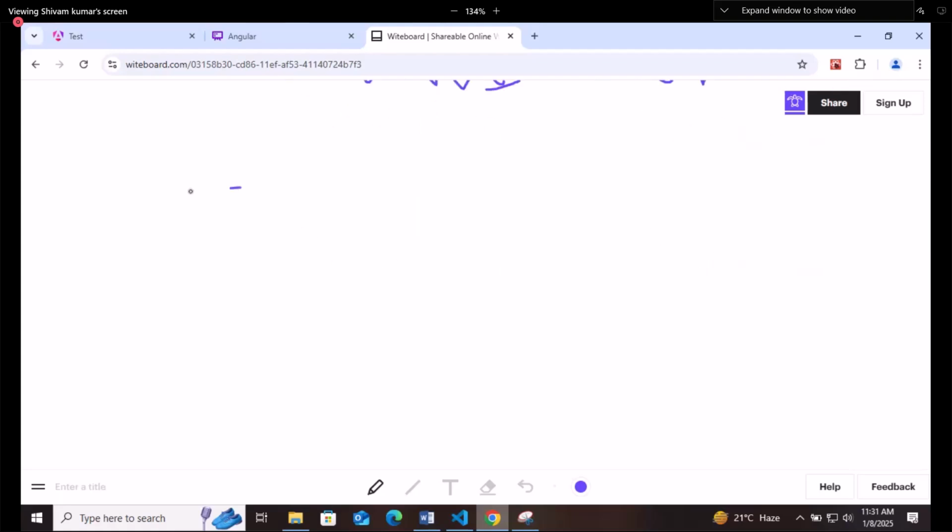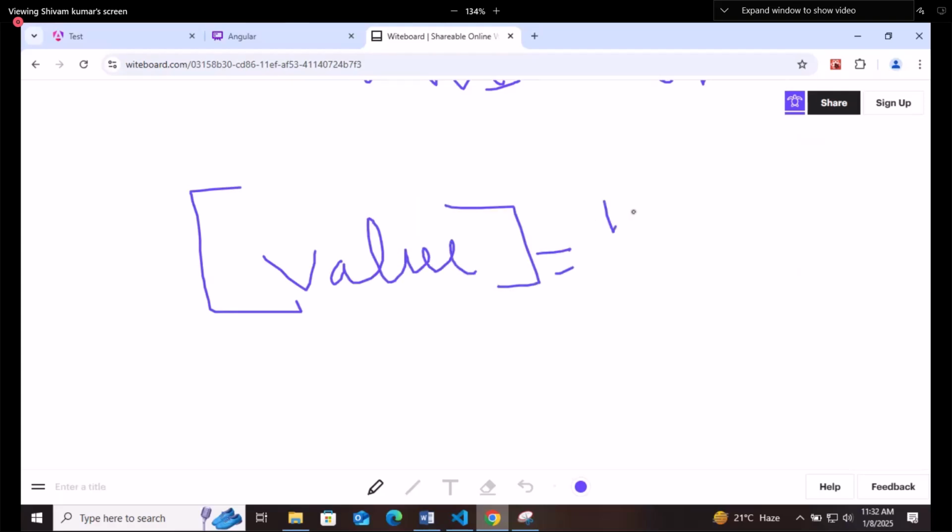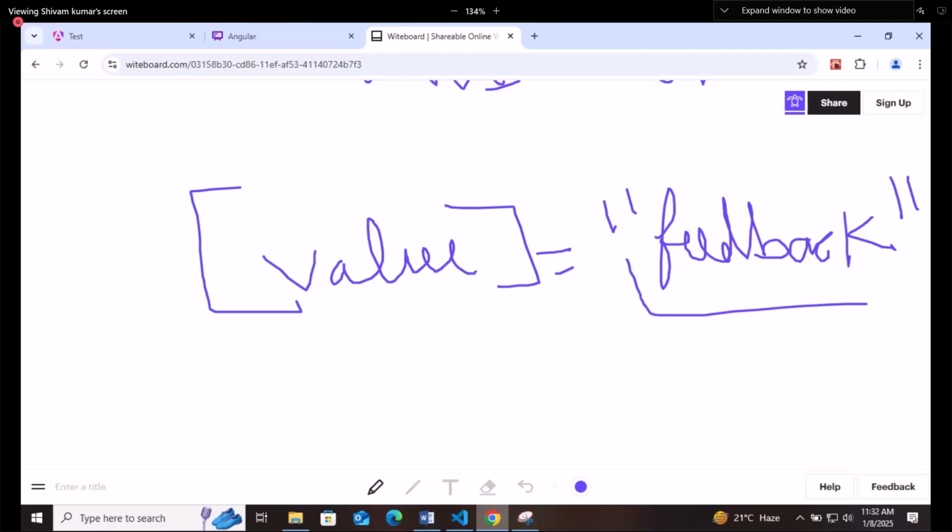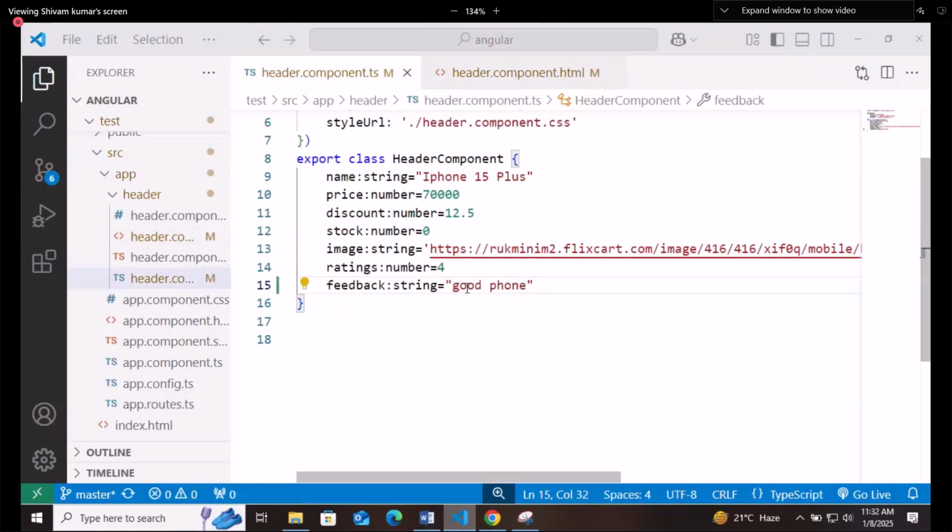But if you are saying value equals to feedback, now you are trying to say to Angular that you can find the value in the component file. There will be one parameter as feedback. If you are writing in this way, you are trying to say that you can find one parameter feedback in the component. If I am changing the feedback to bad phone,